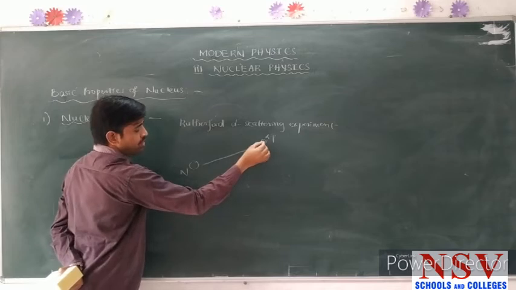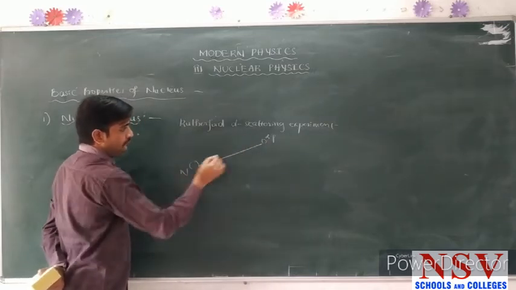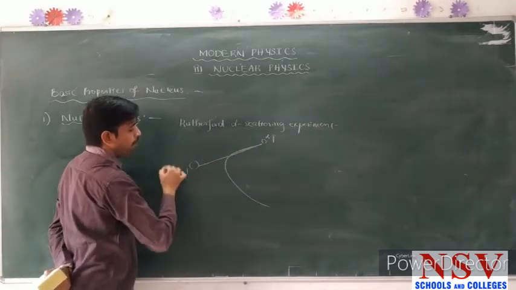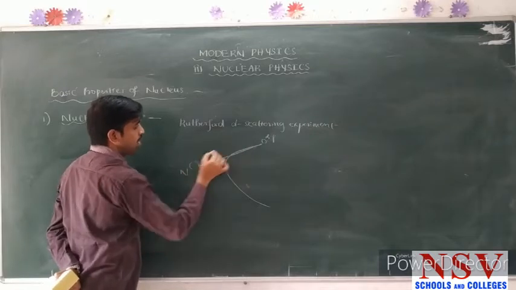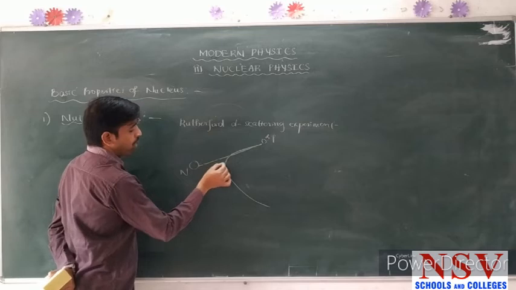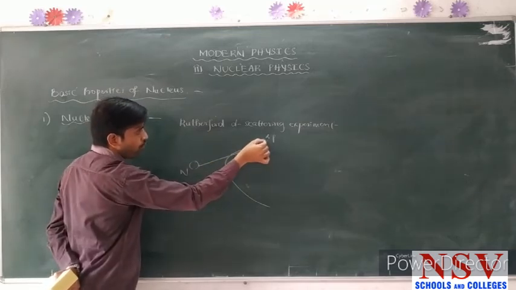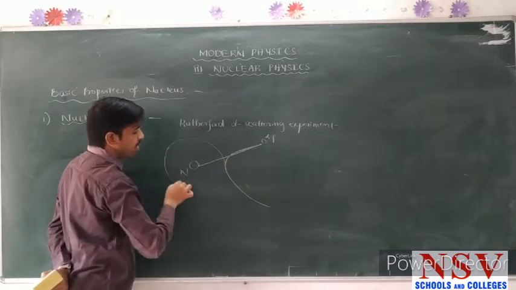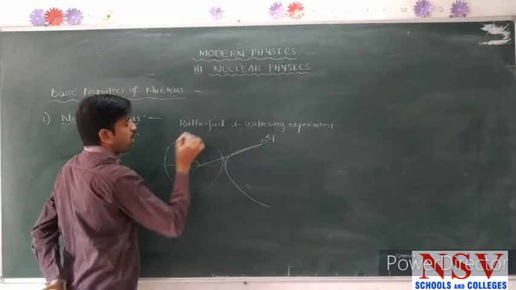At this time, the alpha particle cannot pass through in a straight line, and it is deviated at a particular point. This is opposed by the attractive forces between the nucleus and the alpha particle. From this, we have to understand that the closest distance between the alpha particle and the nucleus represents the nuclear diameter. In this case, we have to understand the nuclear radius.